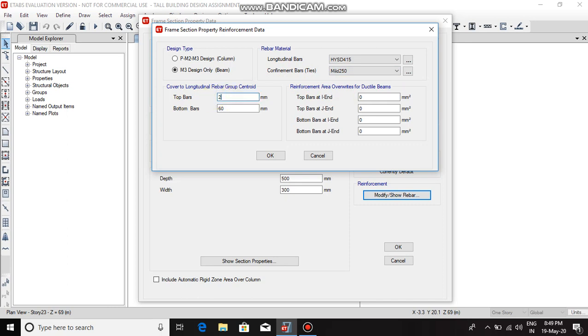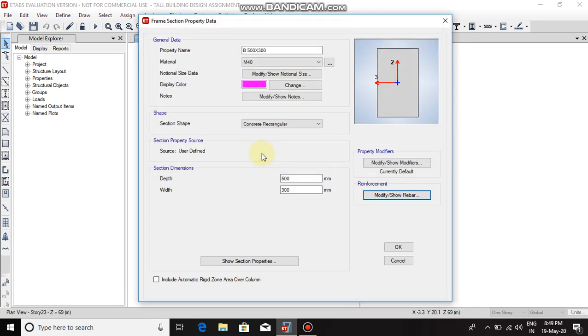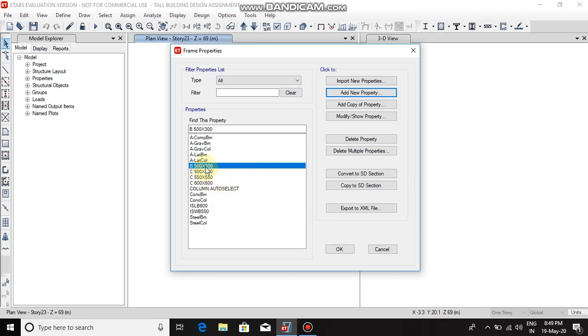Top bar as 25 mm cover and bottom bar 25 mm cover. Now click on OK, and click on OK again.